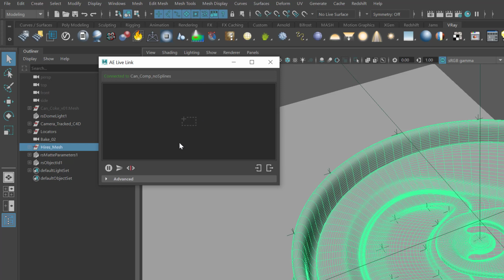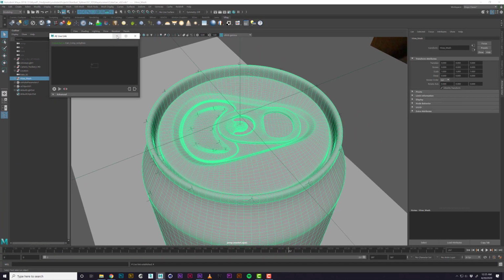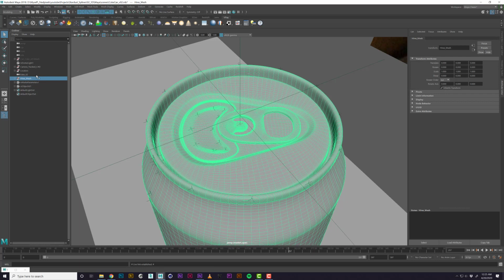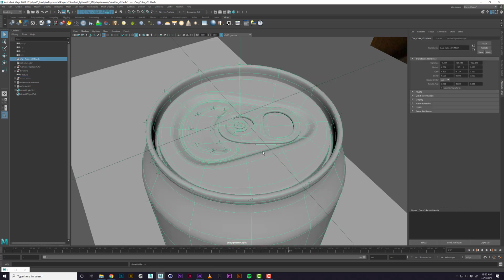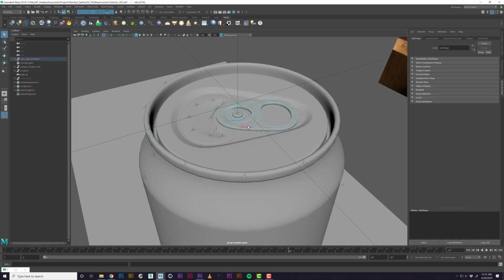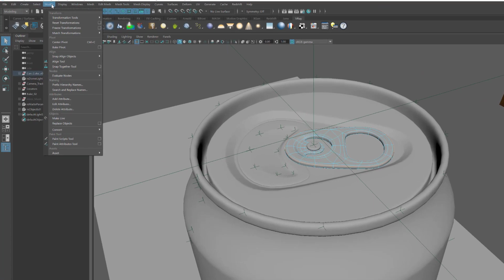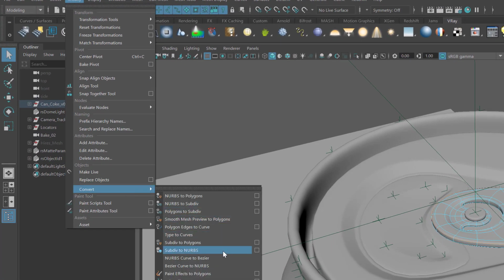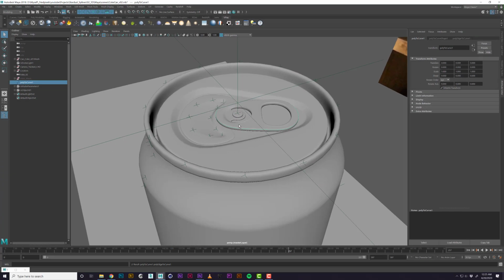So now what I would need to do is create some locators. This is a high res mesh, so I'm going to hide that. We're going to show my other mesh, which is getting subdivided at render time, but it's an approximation, and this works fine. So let's say we're going to do this, right? What I would want to do is go into edge. So I'm going to select the edge I want and go to modify, convert, and we're going to do edge to polygon, edge to curve. And then now that we have that, I'm going to name that. We're going to call this our tab.